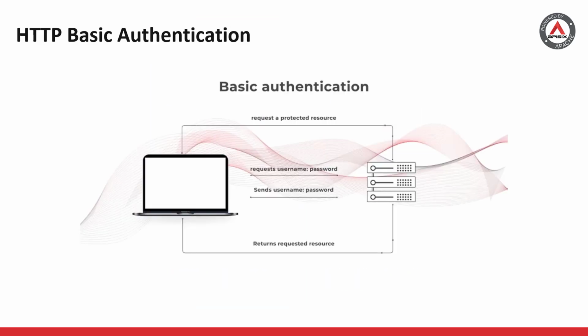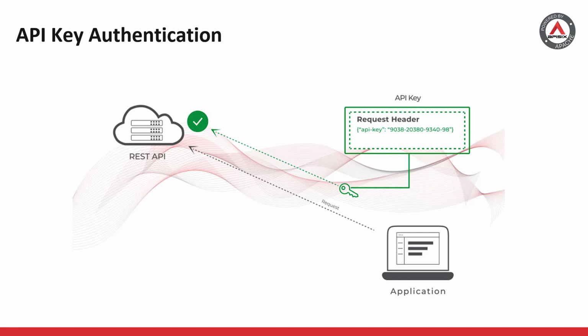The simplest way to handle authentication is using HTTP basic auth, where the username and password are sent alongside every API call. You can use an HTTP header and encode the username and password as shown in the picture. Application programming interface key, API key, is another technique that creates a unique key for users and passes it with every request. The API generates a secret key that's usually very long and difficult to guess,